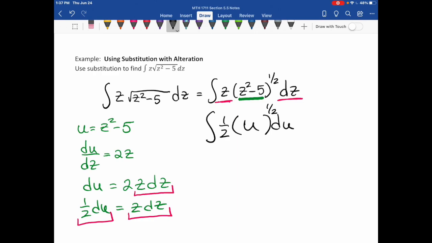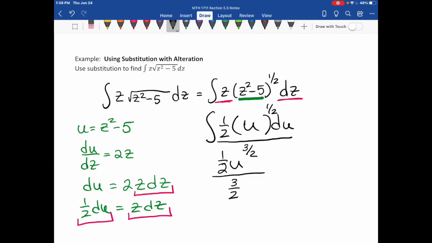And now inside here, I'm going to replace z squared minus 5 with u and raise it to the 1/2. Now I have everything in terms of u, and I can integrate and find the antiderivative. So the trick is that you want to manipulate your expression to make sure that you replace everything with u's. All right, now when I take the antiderivative of 1/2 u to the 1/2,